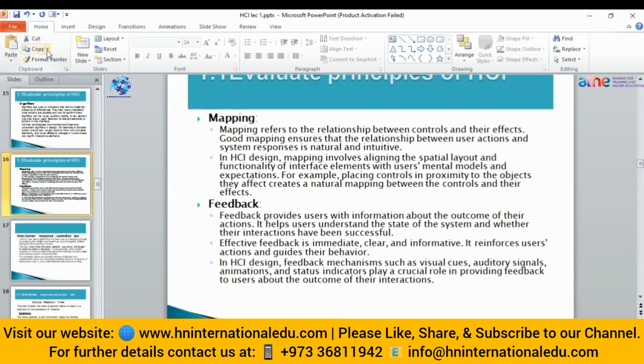That shows, in the user's mind, according to that element mapping, if a user cuts something, he is going to paste something from the clipboard. If the user has pasted something, the user can copy the thing at the same time. So these three things align on the same page. So that is my mapping.